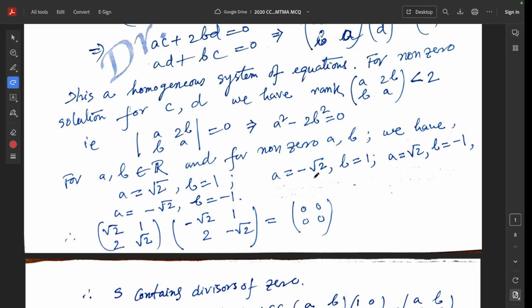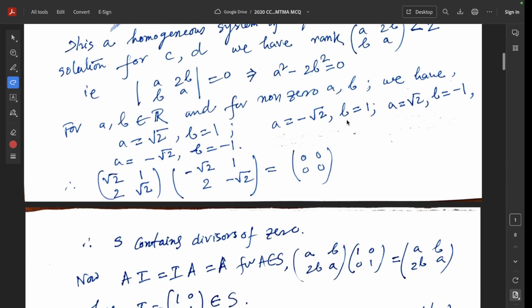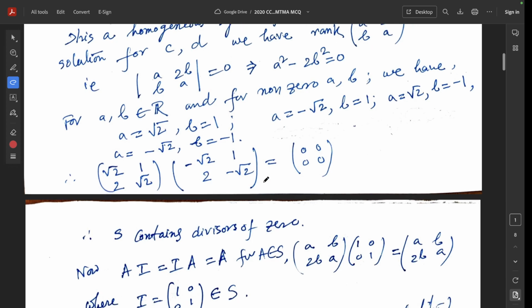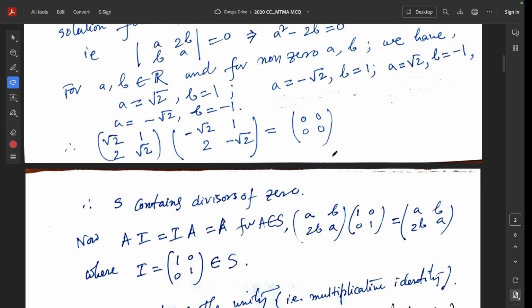There are 4 options to satisfy the equation a squared minus 2b squared equals 0. Hence, we can write the matrix [[root 2, 1], [2, root 2]] times the matrix [[minus root 2, 1], [2, minus root 2]] equals